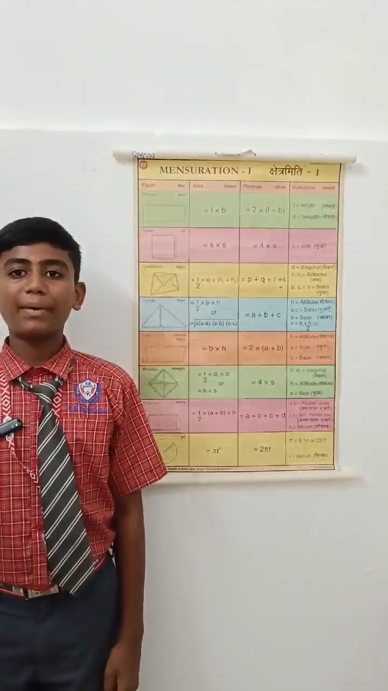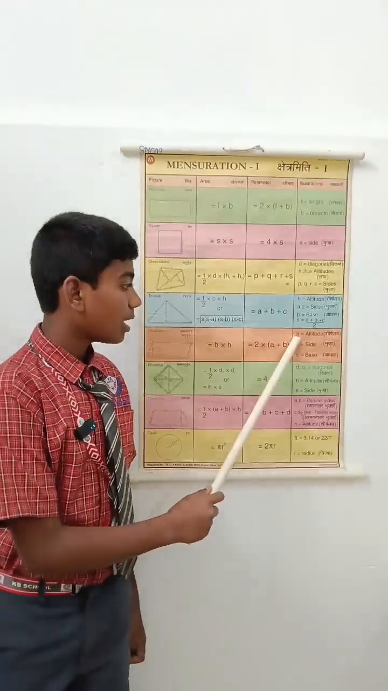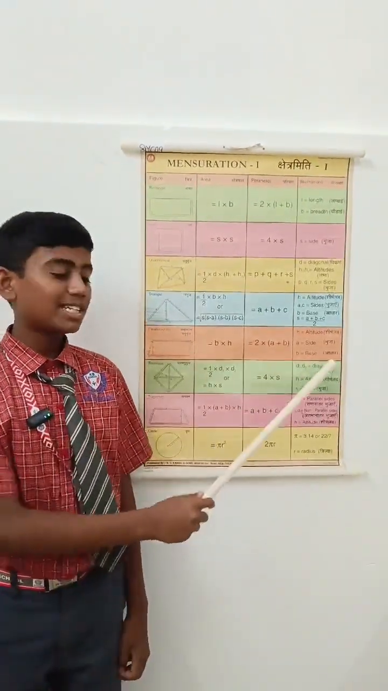Parallelogram. Area of parallelogram: B into H. Perimeter of parallelogram: 2 into (A plus B), where H is equal to altitudes, A is equal to side, B